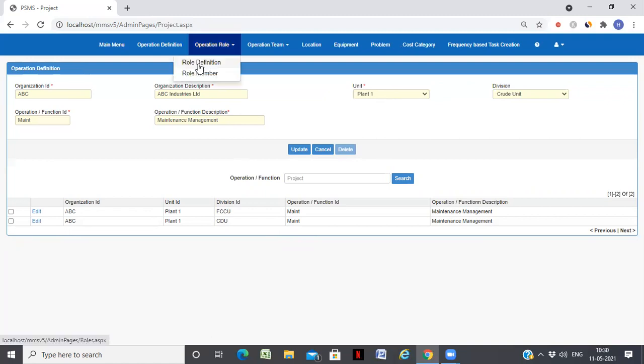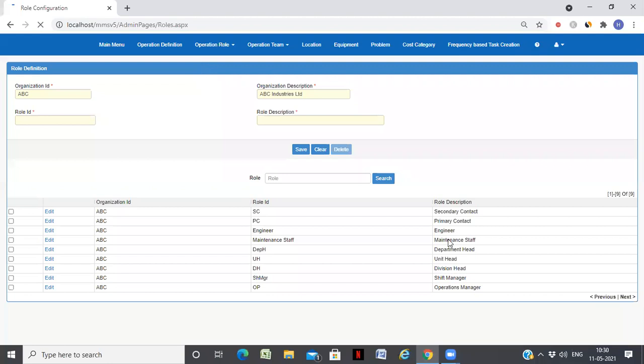Then you have various roles which have been defined. You can see operations manager, shift manager, division head, unit head, department head, maintenance staff.